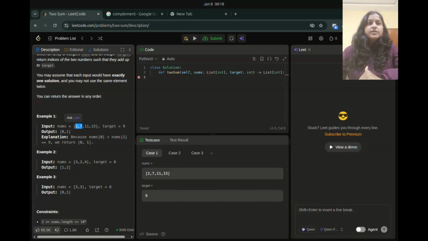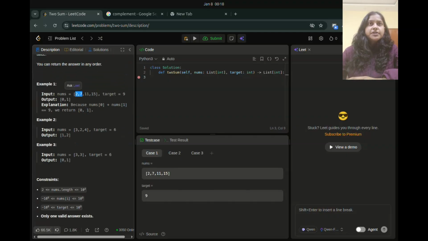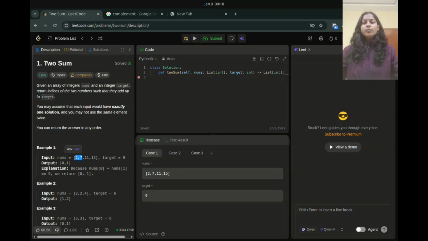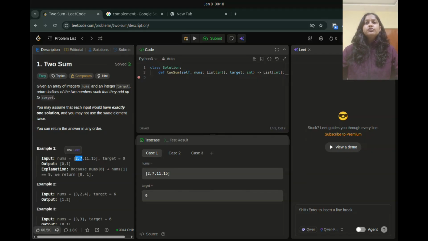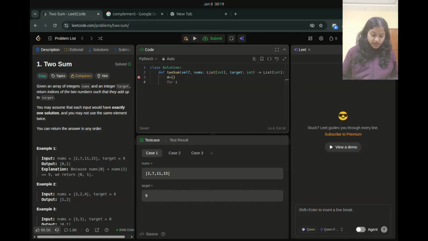So yes, these are the points, and now let's move on to the optimal approach. For the optimal approach we are going to use a hash map. In Python we call it a dictionary, a key-value pair, and here I will code it. We take an empty dictionary, and then use a for loop to iterate in the nums array